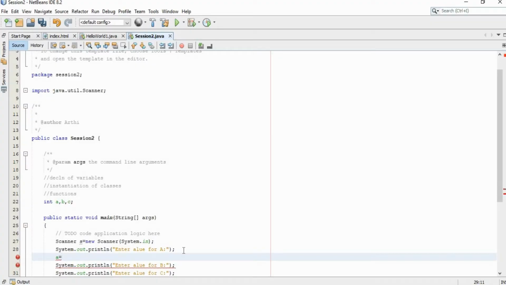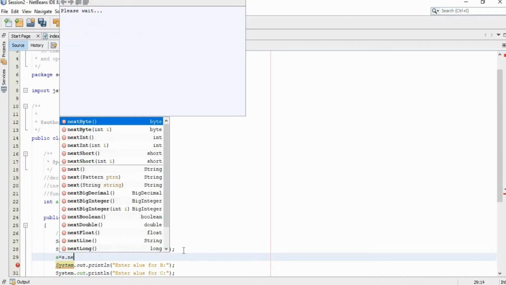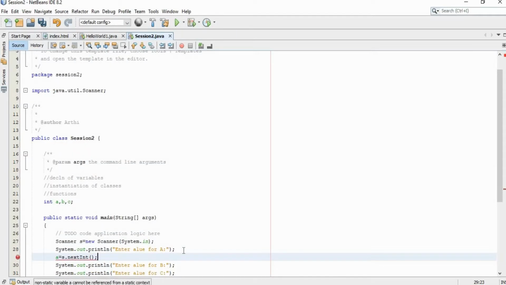Here we want to read the value for a. So a is equal to, here we have created an object s for the Scanner class, so s.nextInt().